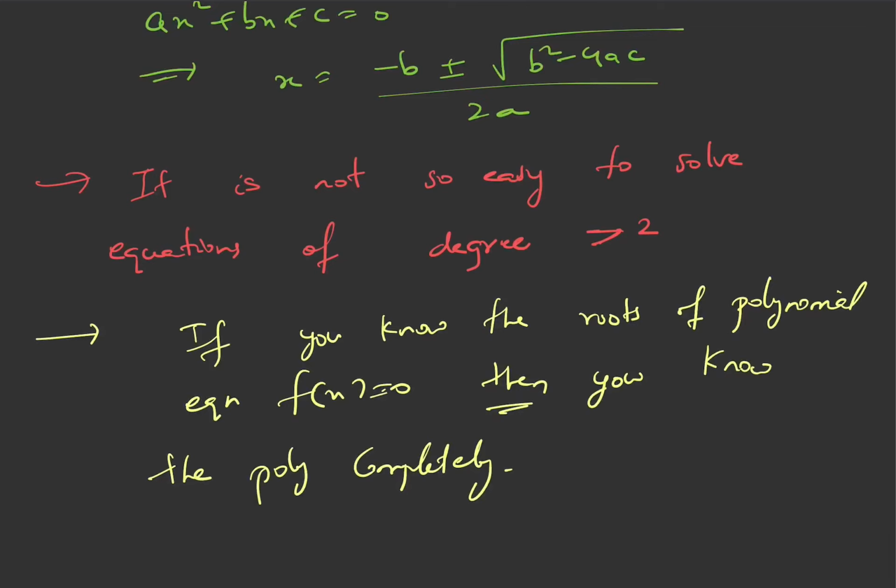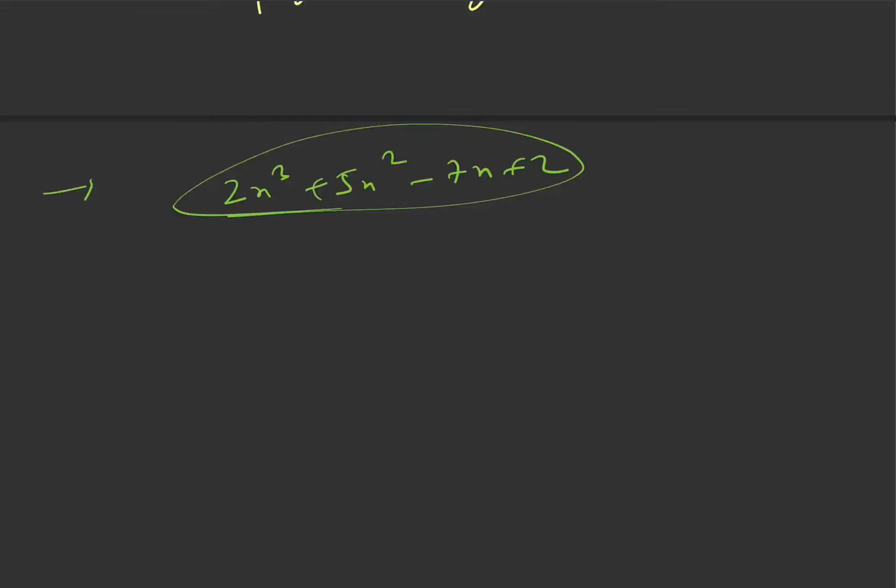Like say the fundamental structure of our body are cells, right? That is the smallest unit of our body. Similarly, the fundamental structure of any polynomial are its roots. Because if I give you a polynomial, for example 2x cubed plus 5x square minus 7x plus 2, this is not so useful to me. Okay, it is useful, no doubt. I can find the value of f of 1, I can find f of 2 and so on.